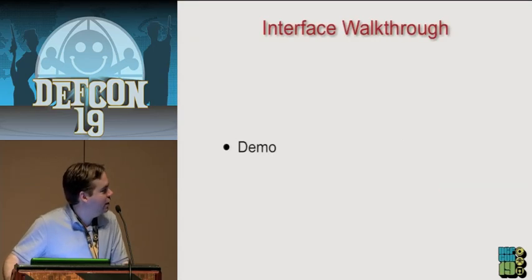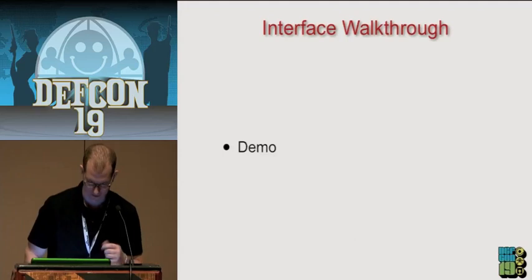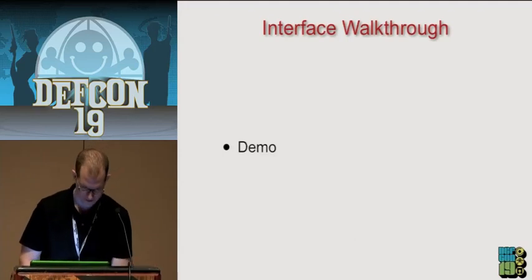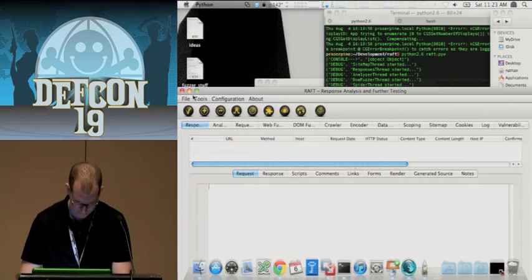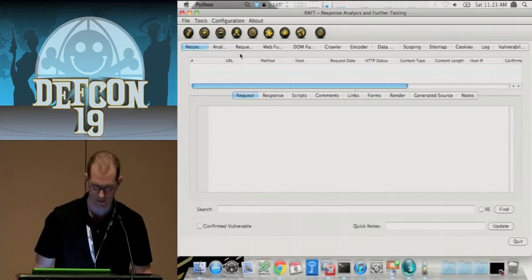So now we're going to have the demo. What you've all been waiting for. Yeah, we got through the boring technical stuff, so we'll see if we can get this going. All right, this is the user interface, and we're sorry about the screen resolution. Yeah, screen resolution looks like crap.